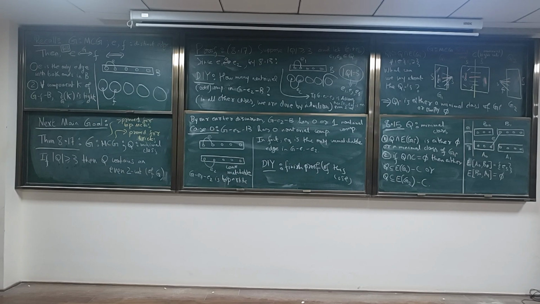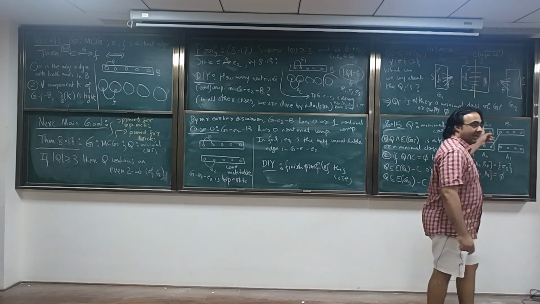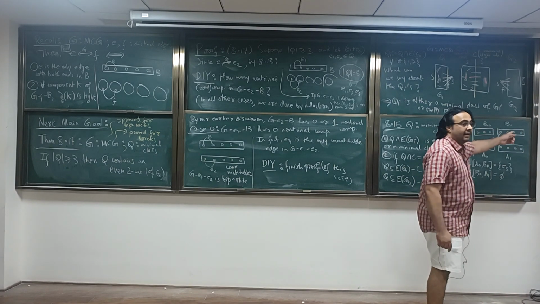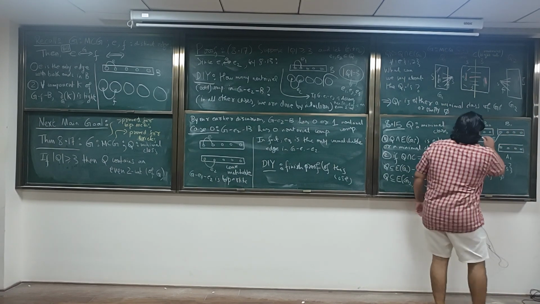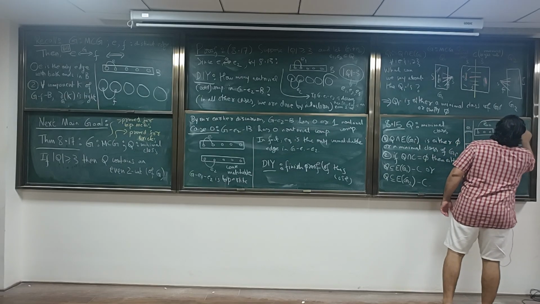Right? E3 is already part of either a 2-cut or a 3-cut. Yeah? Because once I delete the two edges, it is a 1-cut. Right? So either it is a part of a 2-cut or part of a 3-cut in the graph G. Well, the only way to be part of a 3-cut is if the edge E1 goes like this